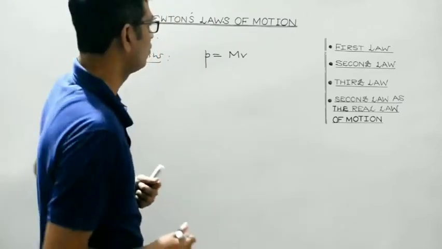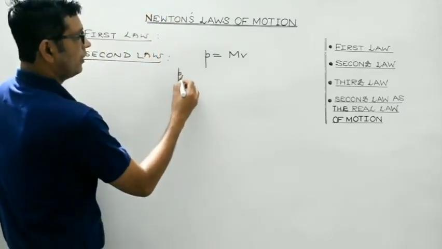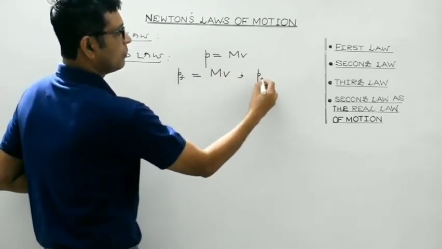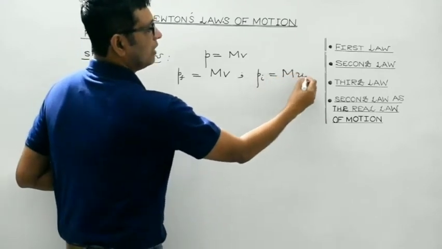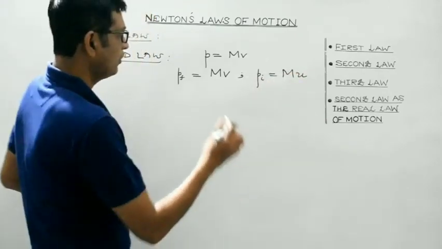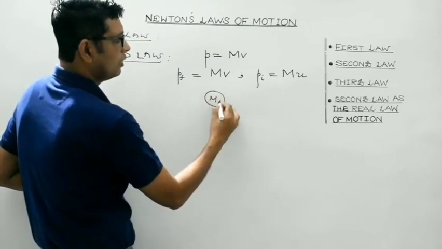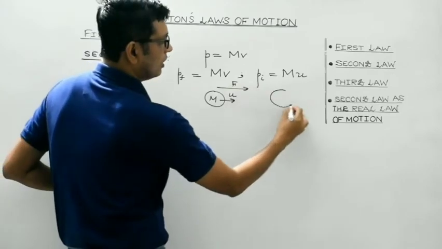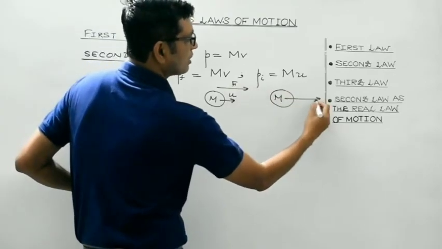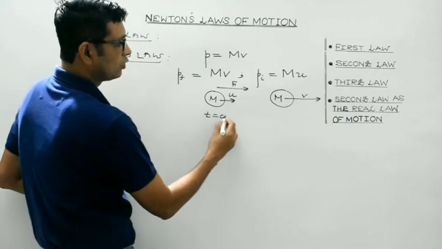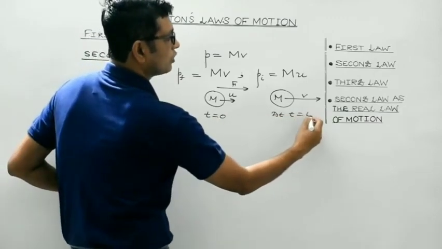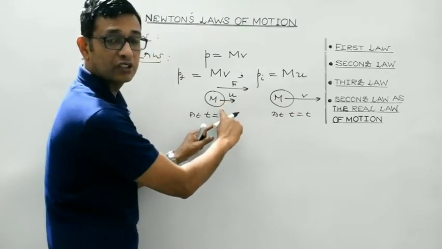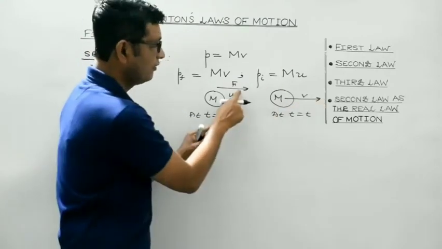So what we have discussed was, final momentum of a body is mass multiplied by final velocity. Initial momentum of a body is mass multiplied by initial velocity. So what we have considered was a body of mass m, which was initially moving with velocity u. Under the influence of this external force, suppose after time t, the body acquires a final velocity v. This is at t equals 0 and this is at t equals t. Right? So in time t, the body has changed its velocity from u to v under the influence of this